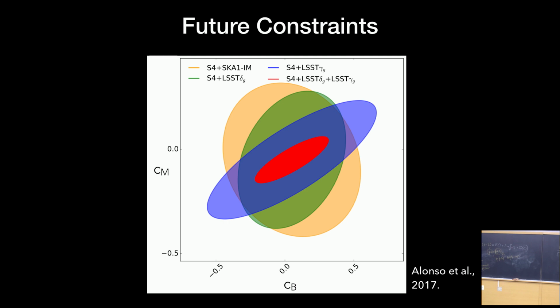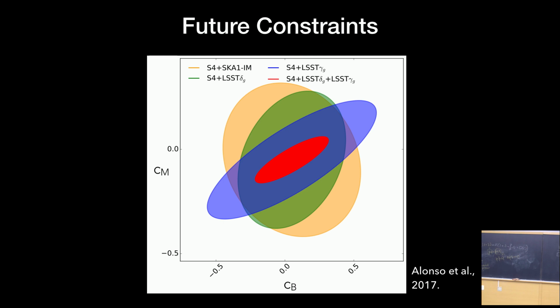David made this plot before any of those 3 theoretical results I told you about had happened. So what I would like to know now, and something that I think needs to be done in the near future, is to get a repeat forecast and understand, with all these new theoretical developments and our much reduced parameter space, how much better can we do? Is it still like this? Is it orders of magnitude better than this? That's something I hope to see in the near future.